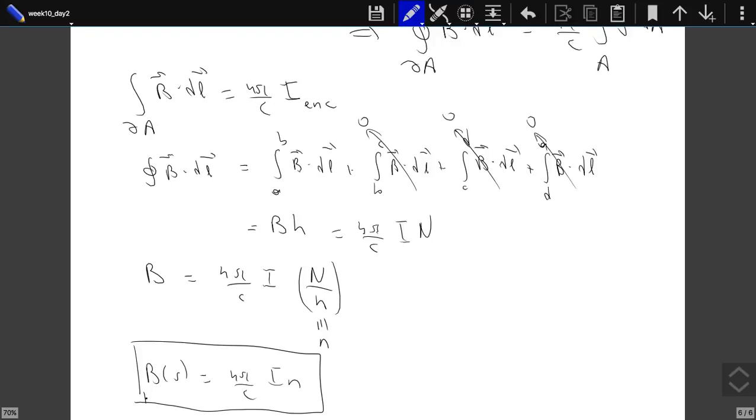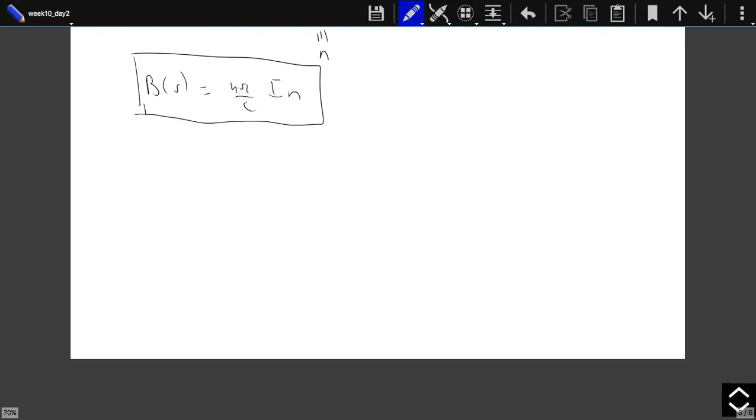In fact, whatever the shape of your solenoid is, it will be uniform inside. Although we derived this result by assuming that it is cylindrical, for an arbitrary shape also,